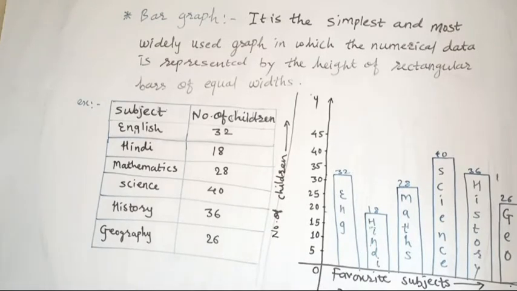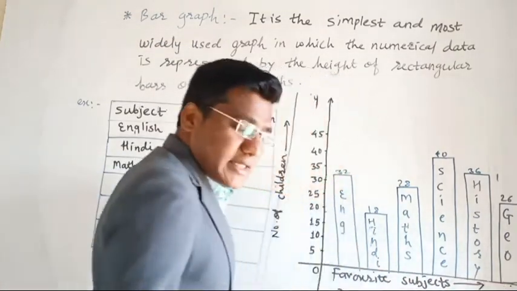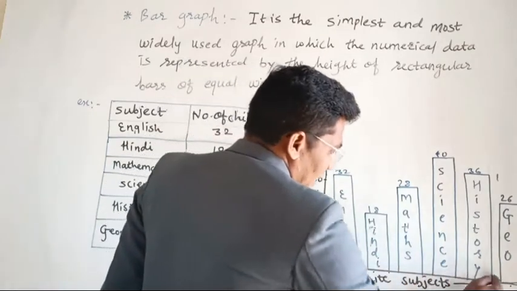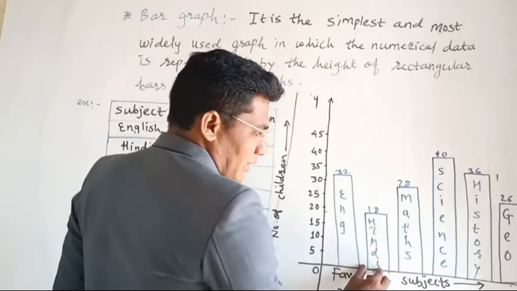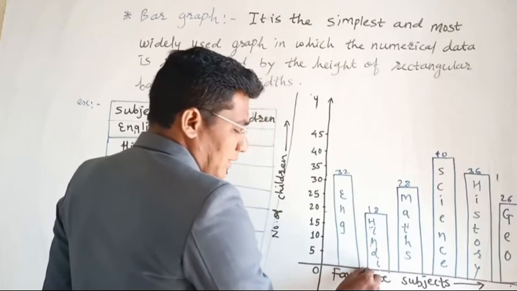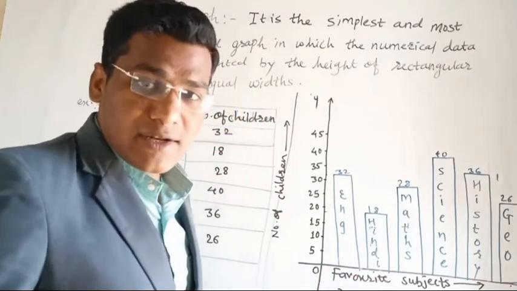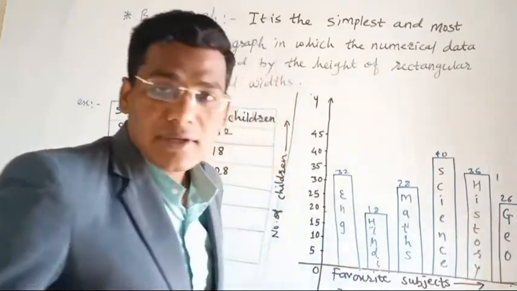Next one is the space between consecutive bars must also be the same. It is not necessary that the space between the consecutive bars is the same as the width of the bars. It is also a must that the space in between the bars must be the same. It is not a must that the space is as wide as the bars. If the bar width and the space width are different, then also no problem. But whatever width we give in the spaces will always be equal.